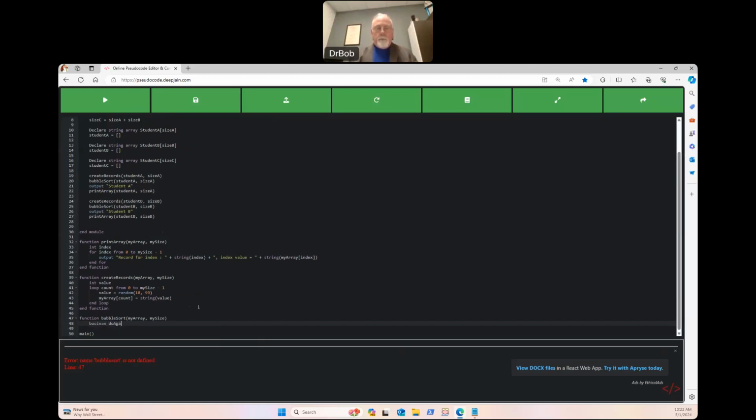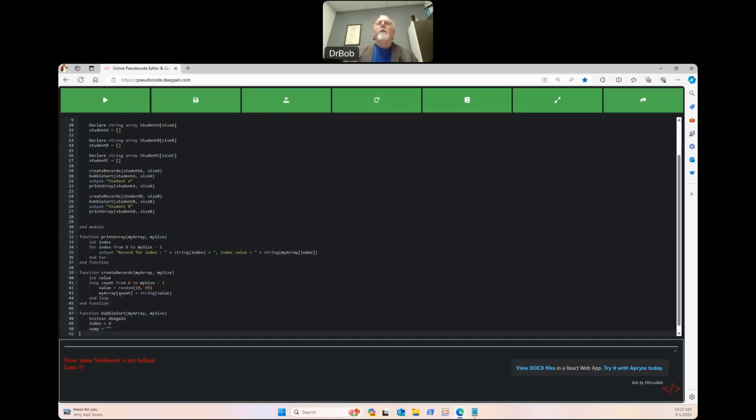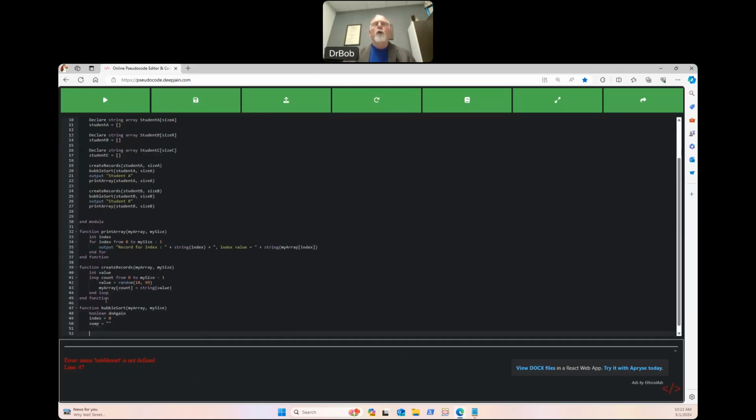Do again. And what that's going to mean is, if do again is true, go back to the swap cycle. Okay? Do again is equal to true. I'm going to set my index equal to 0. Let's just leave it there for right now, equal to 0. And my swap, which is going to be my value, I'm going to set it equal to blank, dual quotes. Then I'm going to say loop